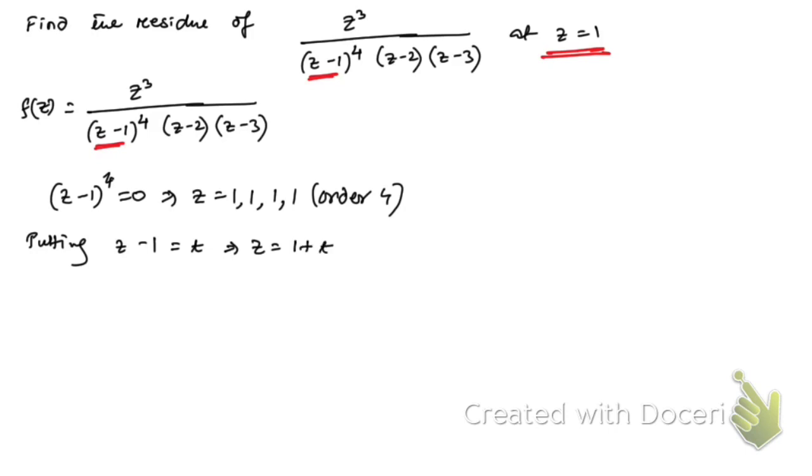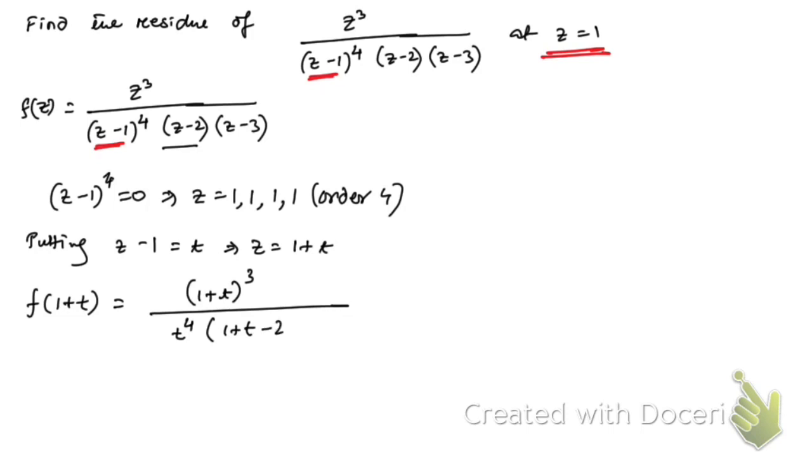So now let's put here 1 plus f of 1 plus t, that's going to be equal to 1 plus t whole cube, then divided by z minus 1 is t, so it's going to be t to the power 4, and z minus 2, instead of z minus 2, if you put 1 plus t then minus 2, that's going to be t minus 1, right? That's going to be t minus 1, and if you put here 1 plus t, then it's going to be t minus 2, right? That's what we're going to have, right? So now you see